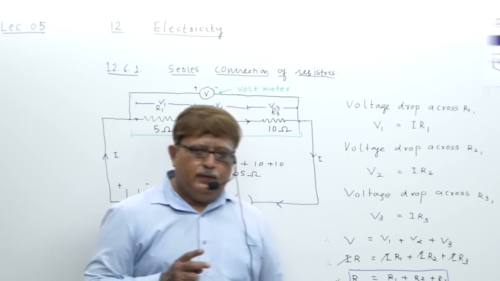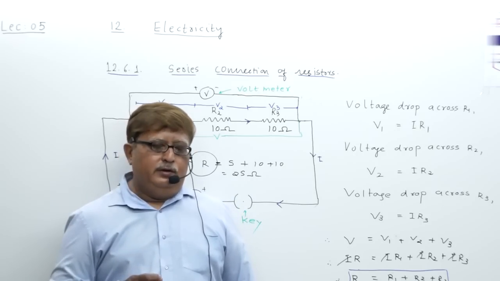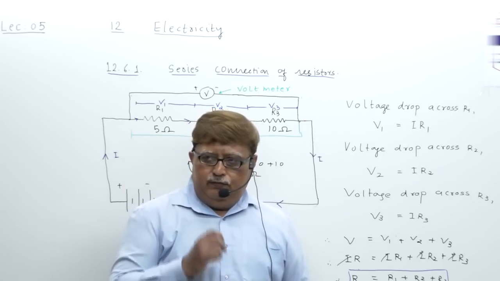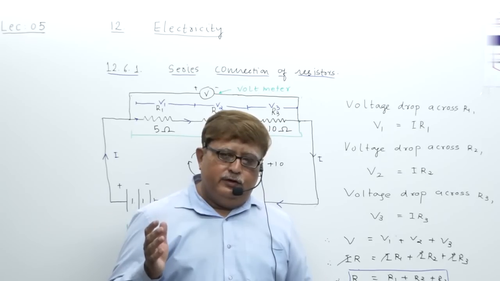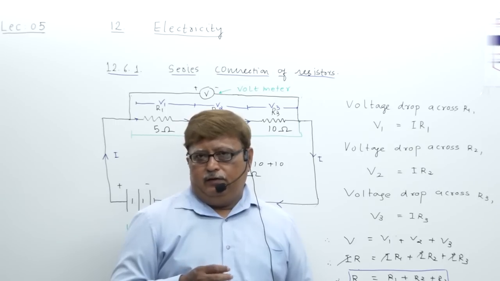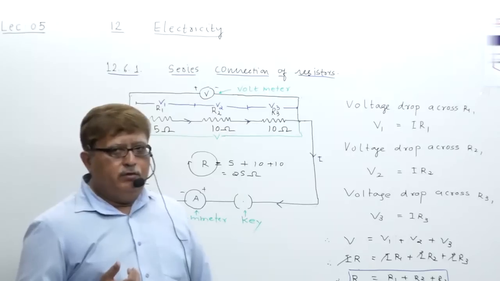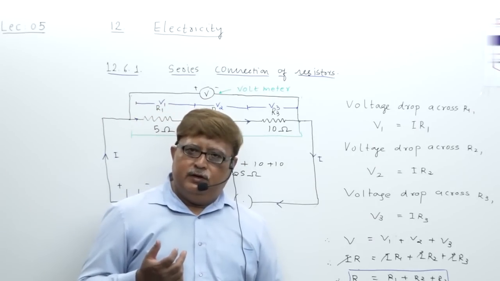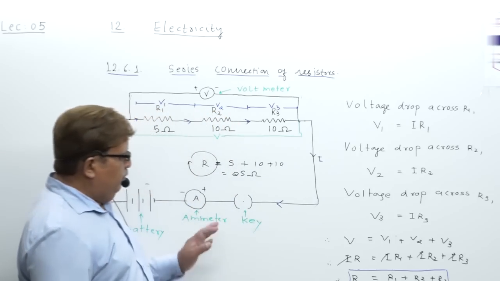Second, if all devices in our home are connected in series connection, then if one device blew off, all other devices connected in series connection stop working. That is another disadvantage. So this way, two disadvantages of series connection you can practically understand, and you are able to write the answer. Okay, so this is about